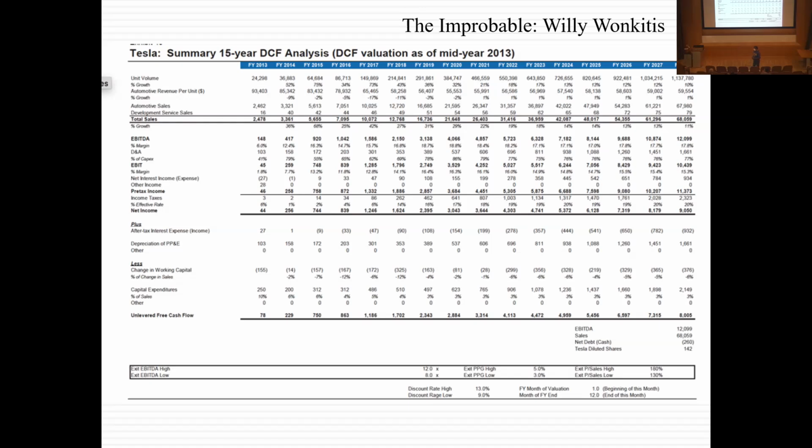So this is actually from an equity research report in 2013, where the equity research analyst had put a buy recommendation on Tesla and valued it at 4 times the current price. So I started looking at the numbers to see why his valuation was so different from mine. I took a look at the number of cars sold. At the time that we did the valuation, Tesla was selling 24,000 cars. It was a tiny company. He projected that it would grow to 1.1 million.